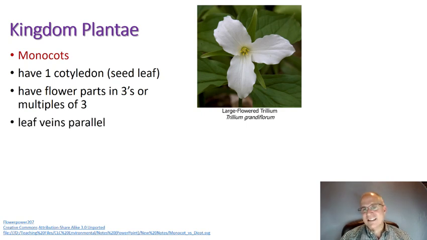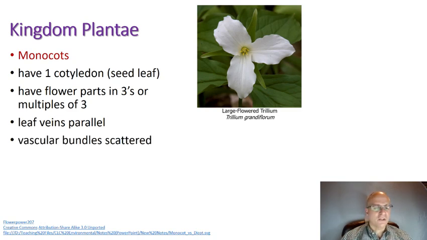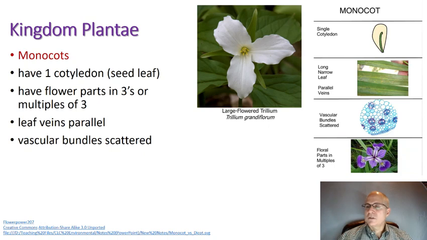And although it's kind of hard to see on the trillium here, oftentimes the leaves have veins that run parallel to one another. And if we look at the stems under a microscope, the vascular bundles, the tubes, the xylem and the phloem, would be kind of scattered around. So this is probably a grass leaf or something similar to it. So the veins would be running parallel to one another in that case. And here you can see the stem under the microscope, and you can see the vascular bundles. They kind of look like Spider-Man, if you ask me. The vascular bundles are kind of scattered around in the stem.